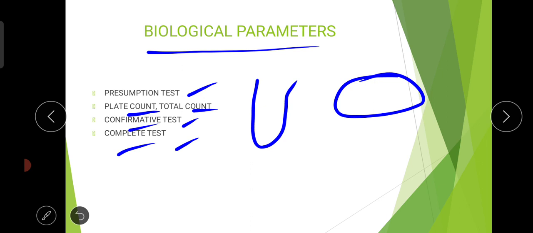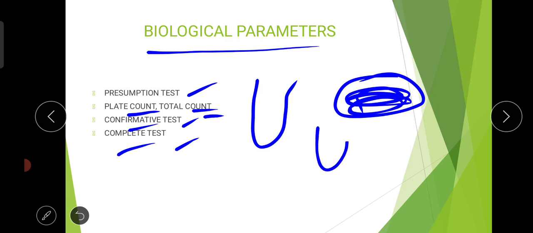In that Petri plate we have to pour the agar gel, which is a semi-solid gel. It gets solidified. On that solidified gel we have to keep a drop of water and spread that drop of water on the agar gel. You have to incubate this gel for 48 hours at 45.5 degrees centigrade. After 48 hours, if this gel is decolored, then we can say that some coliforms are present in that particular water body.